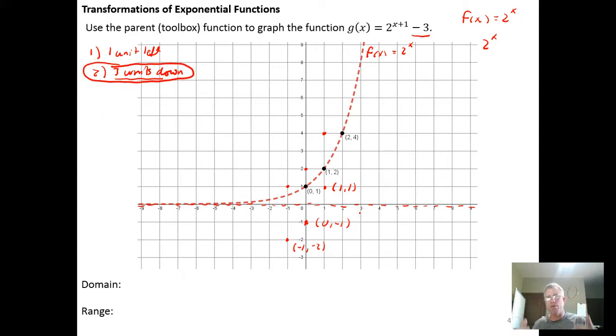So not only does the function move down, but its horizontal asymptote must move down the same amount that the function moves. So the function moved down 3 units. So the horizontal asymptote, which started at y equals 0, is going to move down 3 units and become the line y equals -3. And so when we graph this, the exponential function is going to,